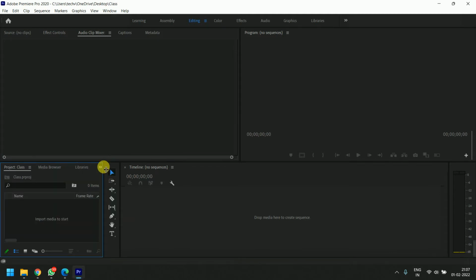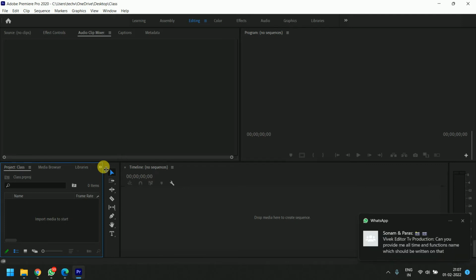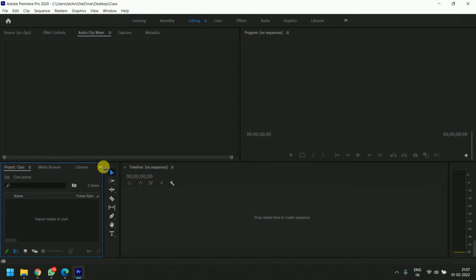Initially, if you are working on any project, you have to create a sequence. First of all, I'll describe what a sequence is. Think of a school: students make a row, make a line, and automatically you can see a sequence.